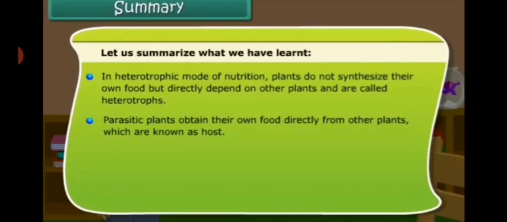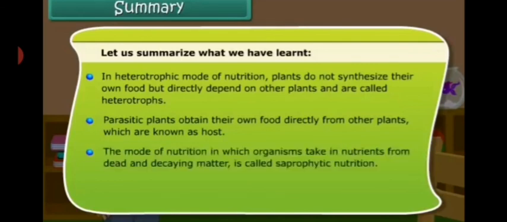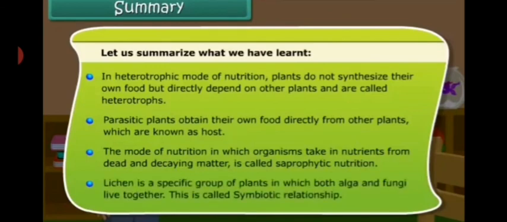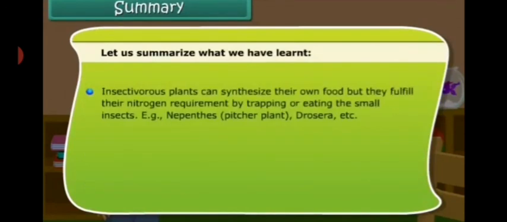Parasitic plants, as I've told, collect their food directly from other plants, staying on them, and the other plant is known as the host. Another is the plants which take food from dead organisms, known as saprophytic, or this nutrition is known as saprophytic nutrition. And lichen is a specific group where both algae and fungi live together and help each other to collect food. This is a symbiotic relationship. And insectivorous, some plants eat insects. Examples are pitcher plant, Drosera,